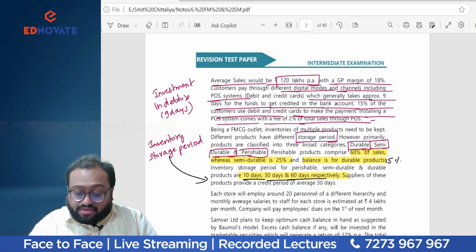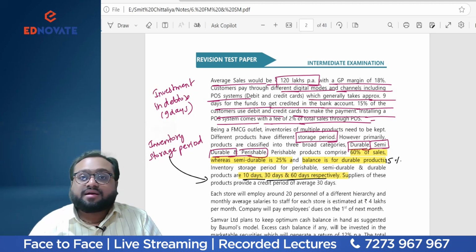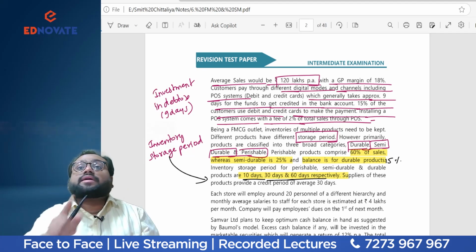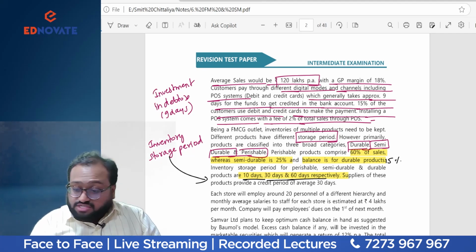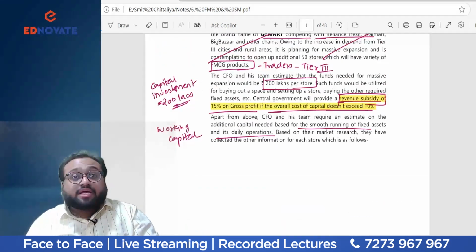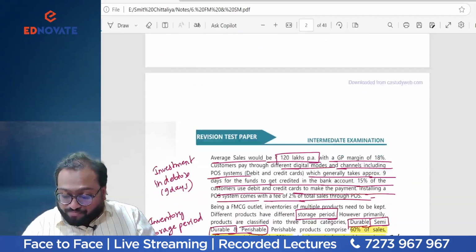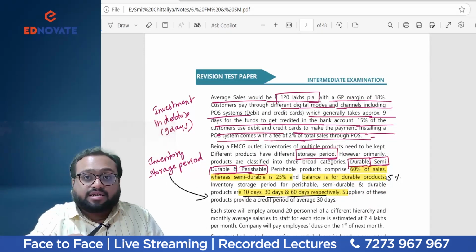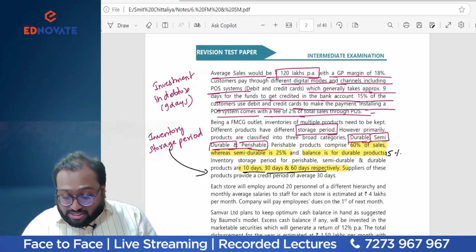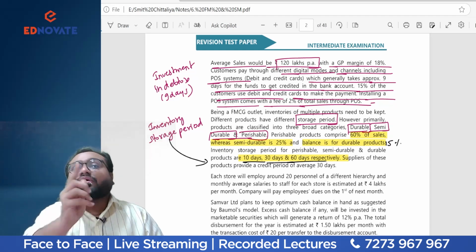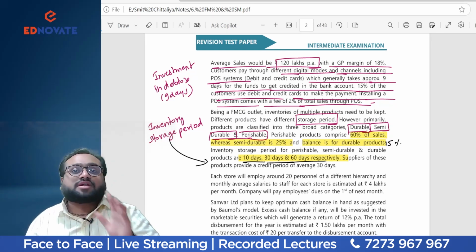Even in working capital, I have learned there's investment in debtors, money gets blocked in debtors, that might help us to find out the working capital. Because we have just read in the earlier page that the company requires working capital. So after reading this paragraph, I come to know they have given us investment in debtors, means a blockage of money in debtors, as well as the holding period of this stock, means we would need to find out the working capital with the help of this information.